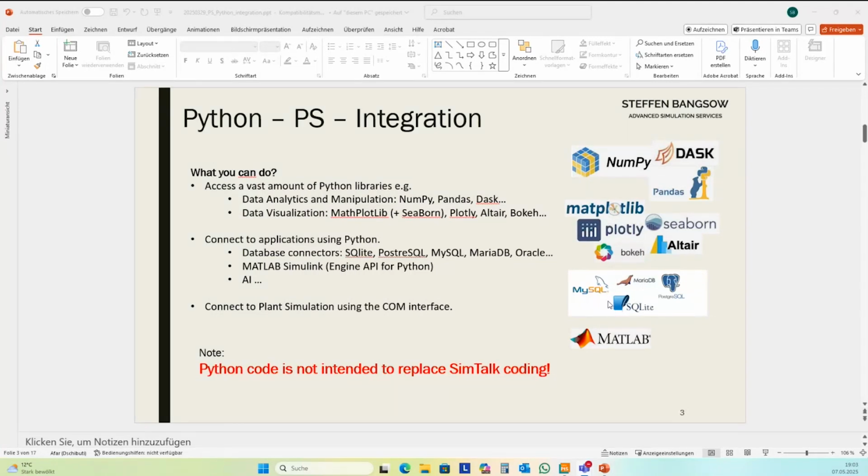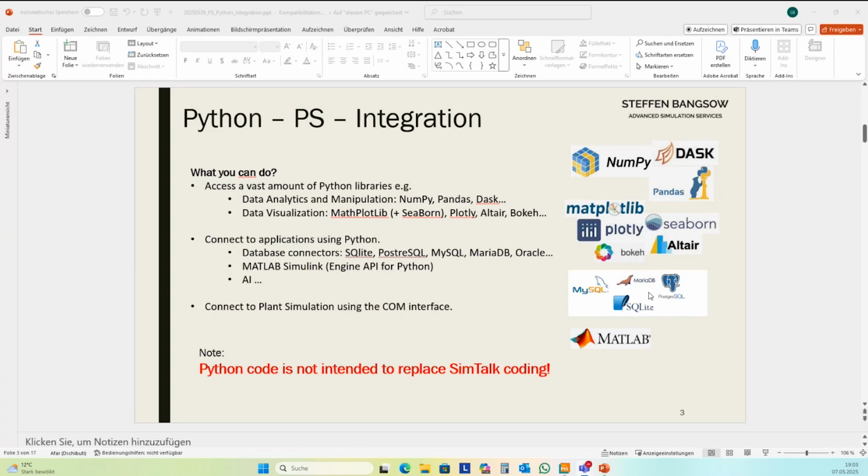The default database for Python is SQLite, but we don't need Python to connect to SQLite because plant simulation itself has one integrated interface for SQLite, and this is much faster to do with SimTalk.